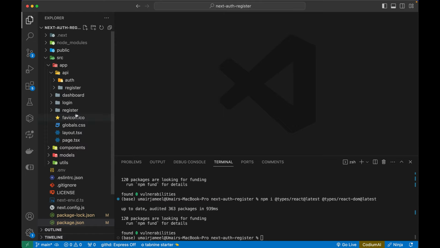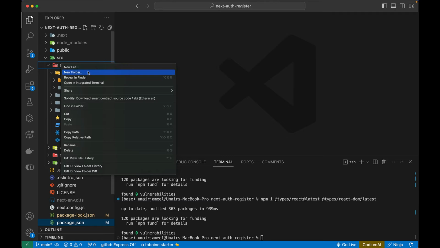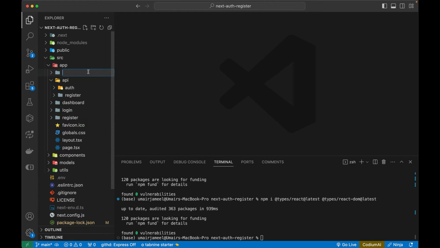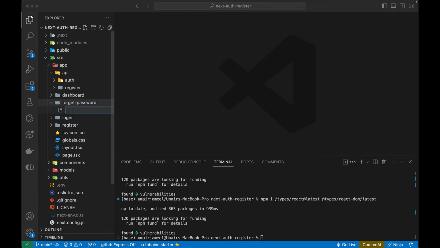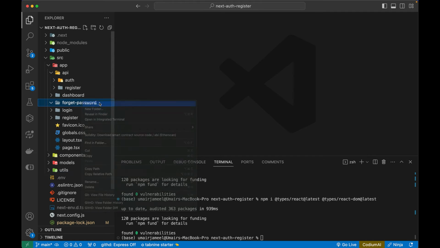Okay, so first of all, I'm going to be creating a new route for the forget password. So I'm going to right click the app directory, click on new folder, and I will be creating forget-password. Okay, so let's create a page file inside it. So I'm going to be creating